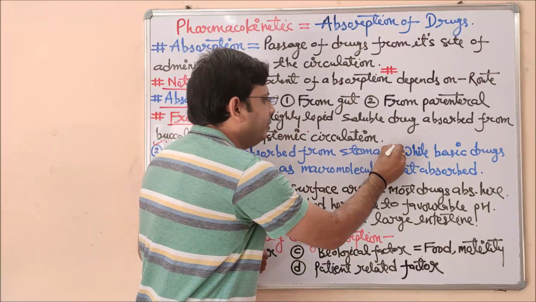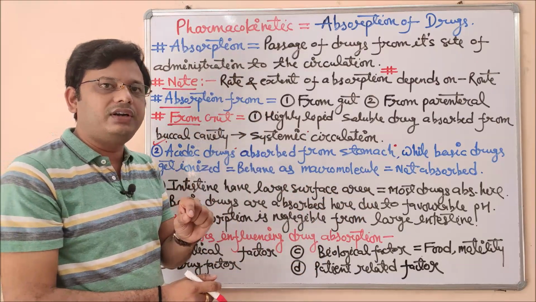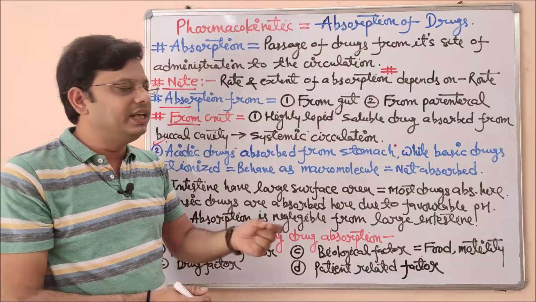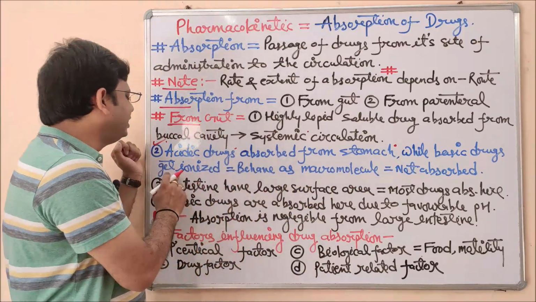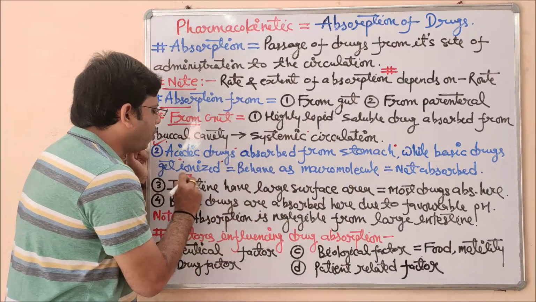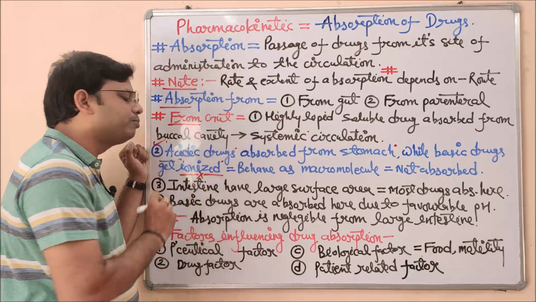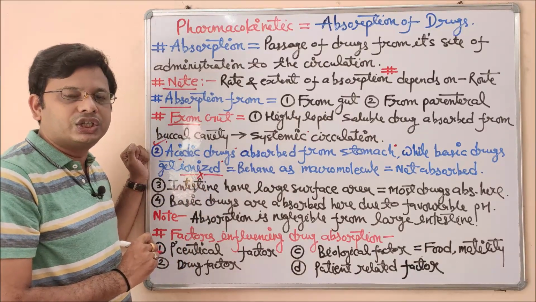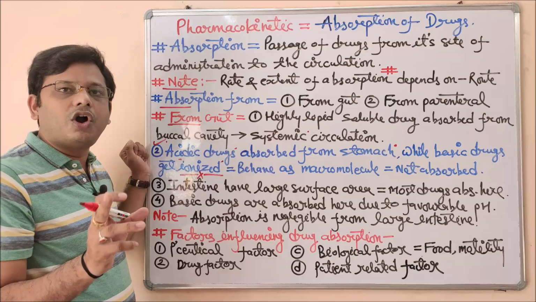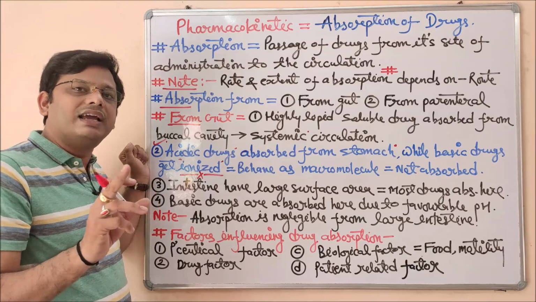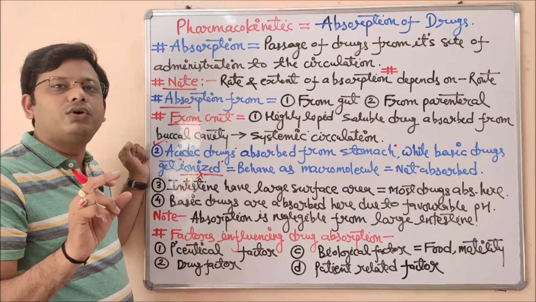The acidic drug will be absorbed from the stomach. It is very important because this is a major question in examination. While the basic drug gets ionized, the most important hindering factor for the absorption of a drug is its ionization. So the ionized form of the drug will not be absorbed from the stomach, and they may create problems because they act